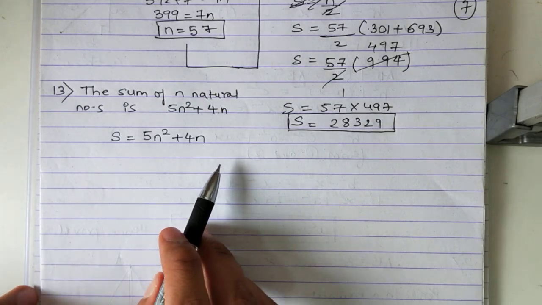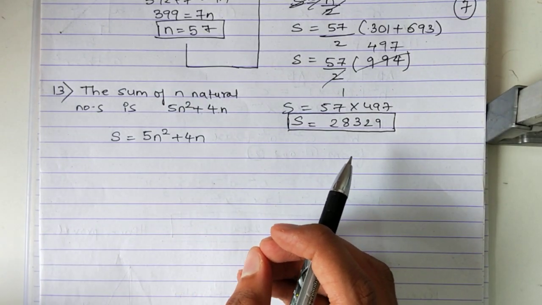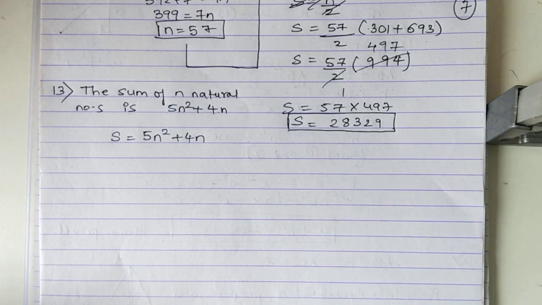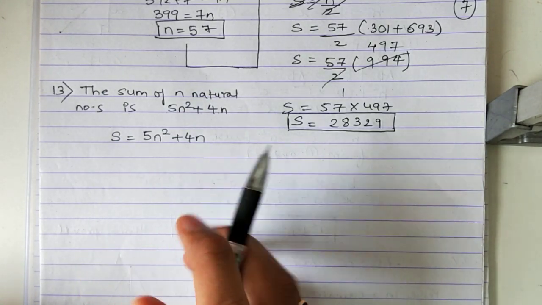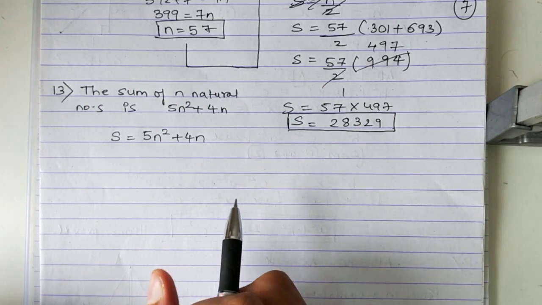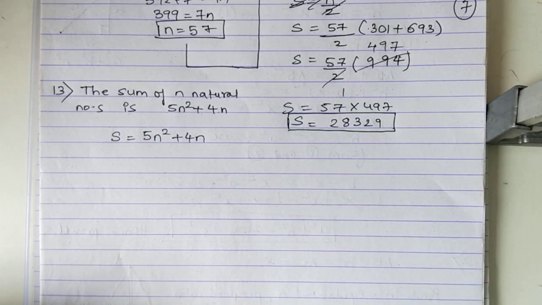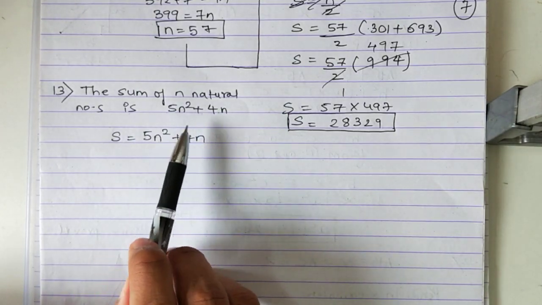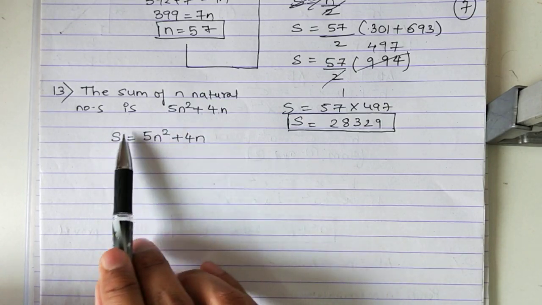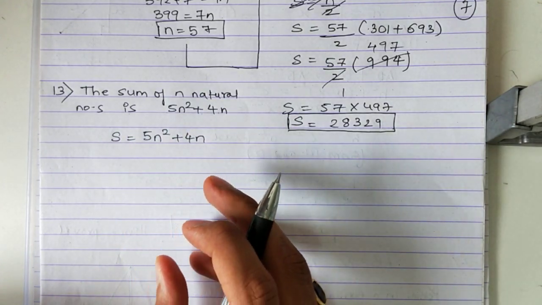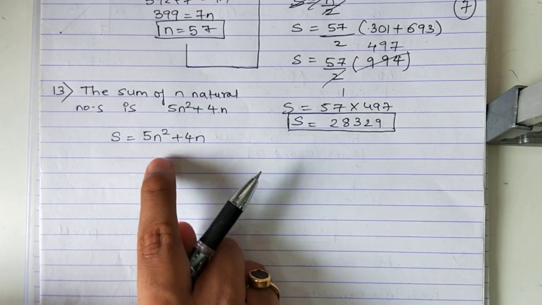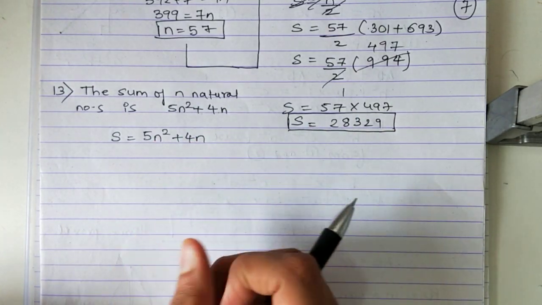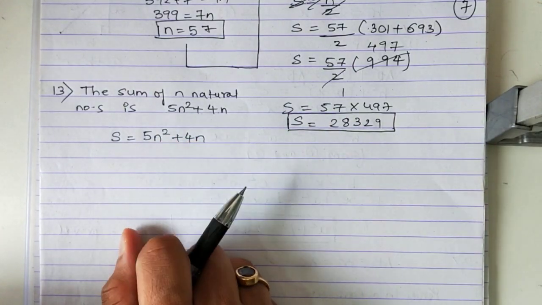Now we have to find the 8th term. If you have to find the 8th term, you must know what is a, what is d. But we don't know a or d. So what can we do? See, understand, this is the formula for the sum of n terms. Using this formula you can find the sum of any number of terms. If you want to find the sum of first 5 terms, you can put 5 here. If you want the sum of first 6 terms, you can put 6 here.